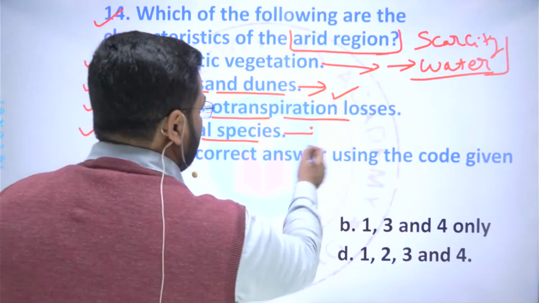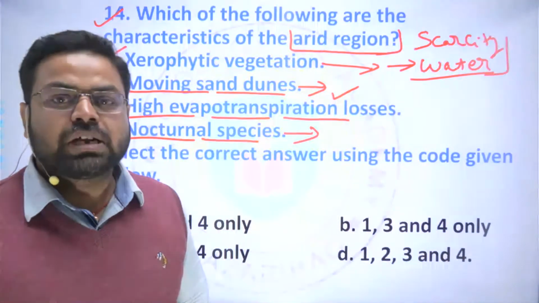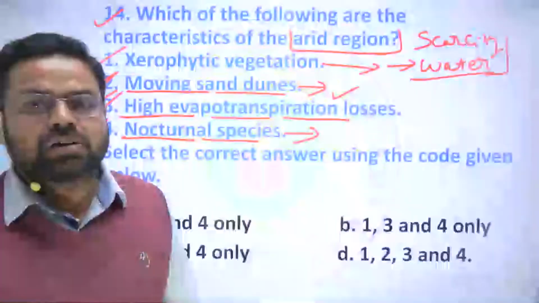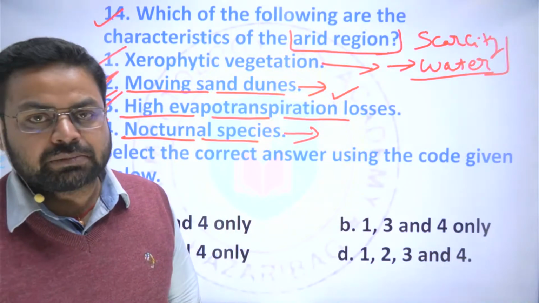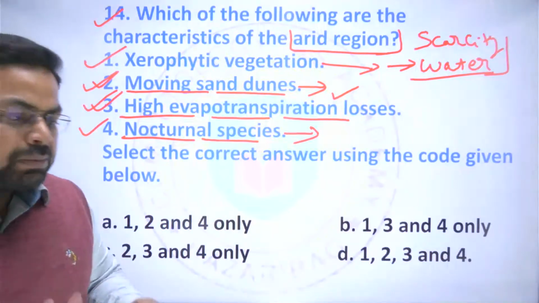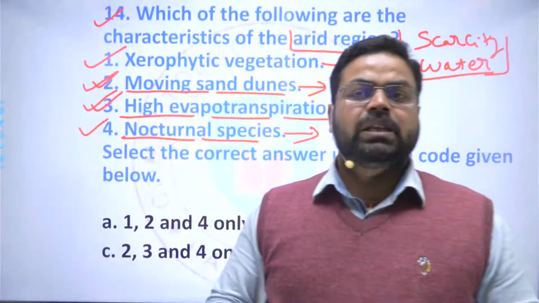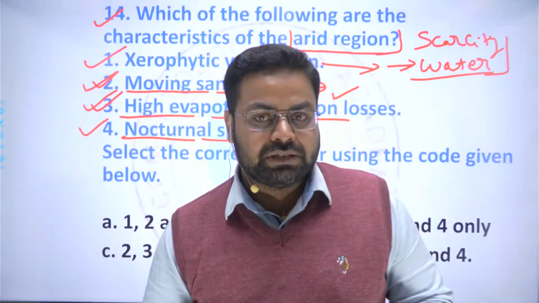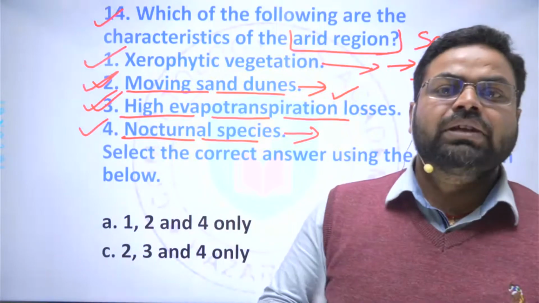Nocturnal species are those which come out in the night time rather than in the daytime. They are active during the night time. And why are they active during the night time? To keep them safe from heat strokes. During the daytime there is very high temperature in the region, and because of that if they come out in